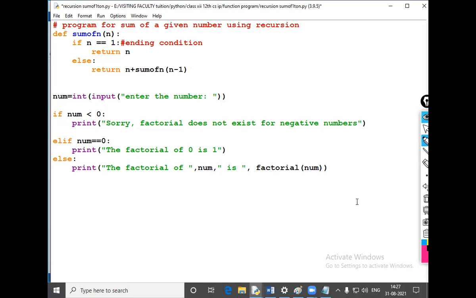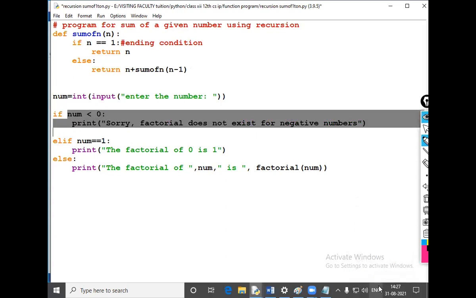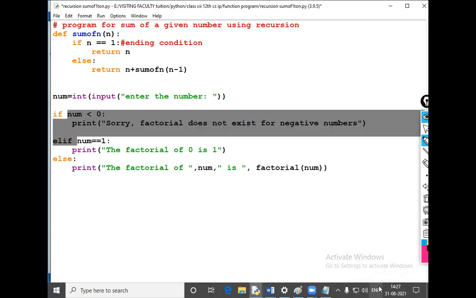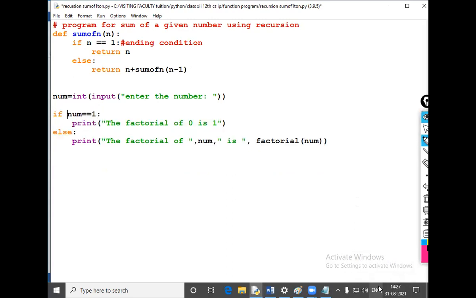And here we have if num is 1, sum of factorial. You can directly create it, yes, you can directly create it. The factorial sum is 1.